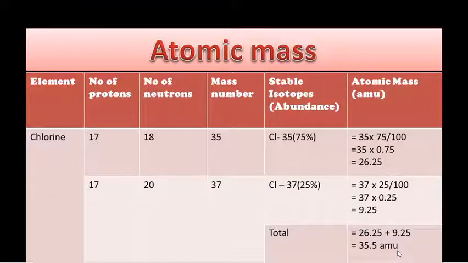I again remind you of the modern periodic table. Nowadays we are using the modern periodic table. The modern periodic table contains average atomic mass only. More or less, the element's mass number is present as average atomic mass only. So with this, we have covered 3 elements based on average atomic mass.